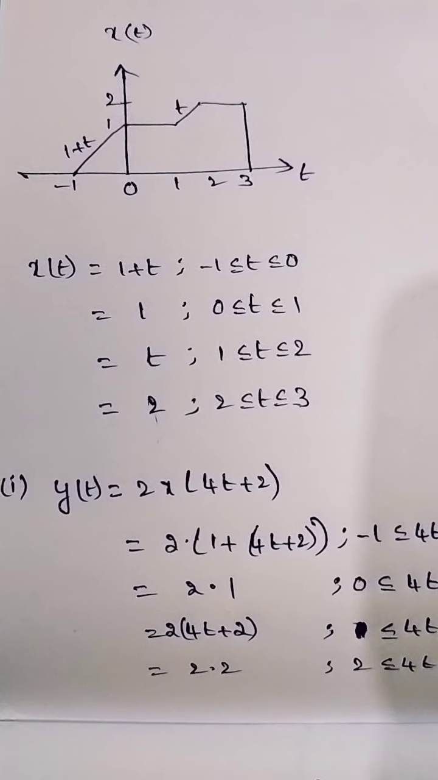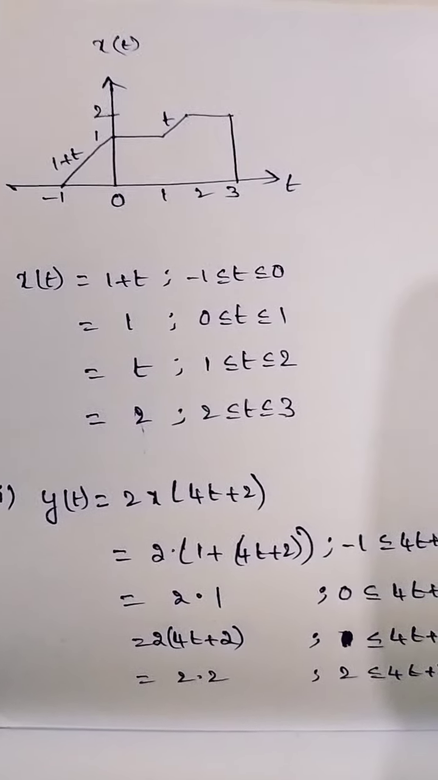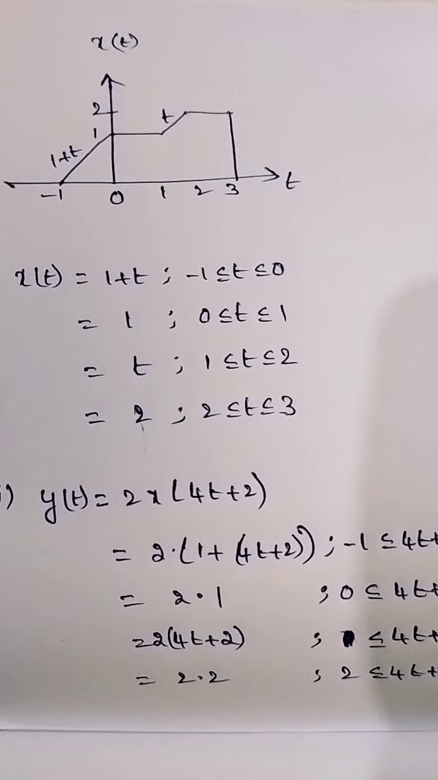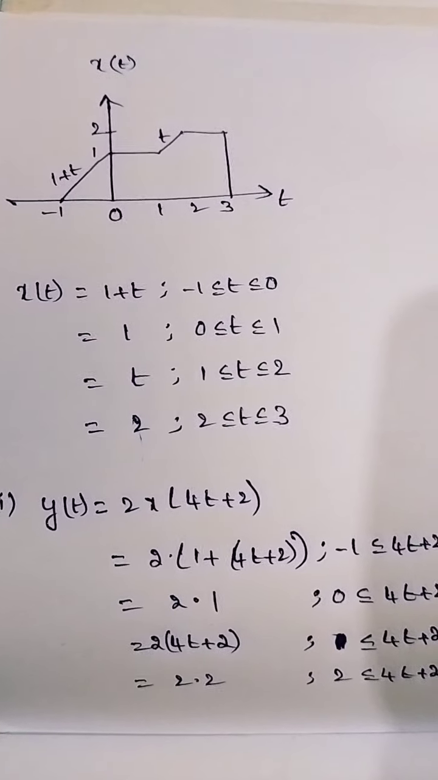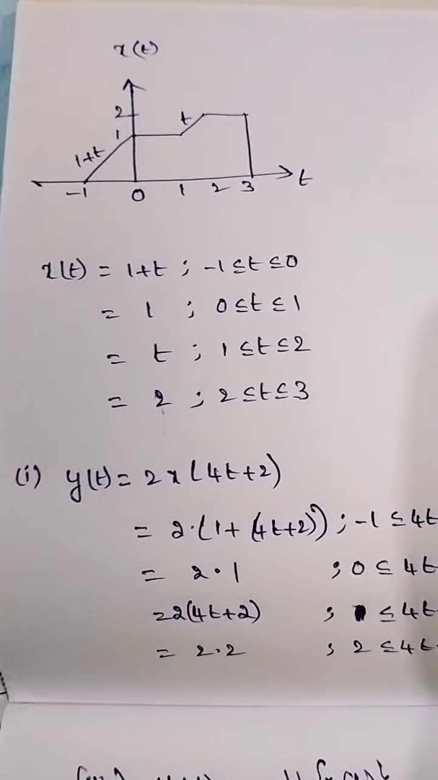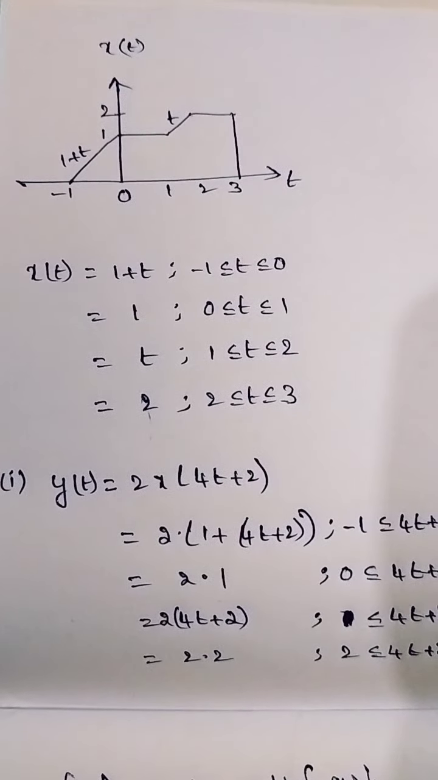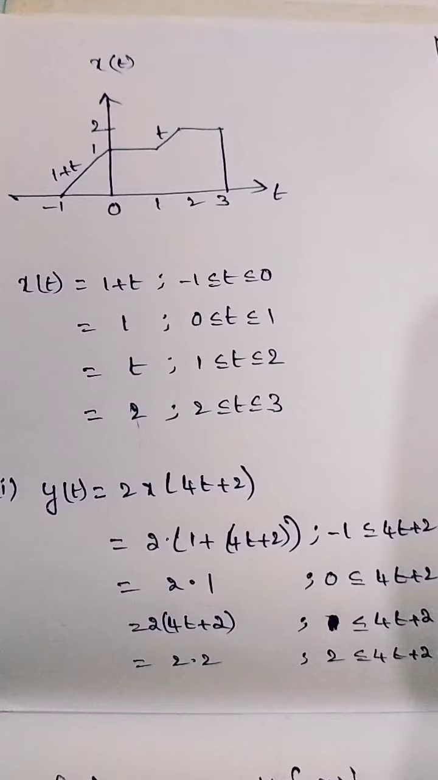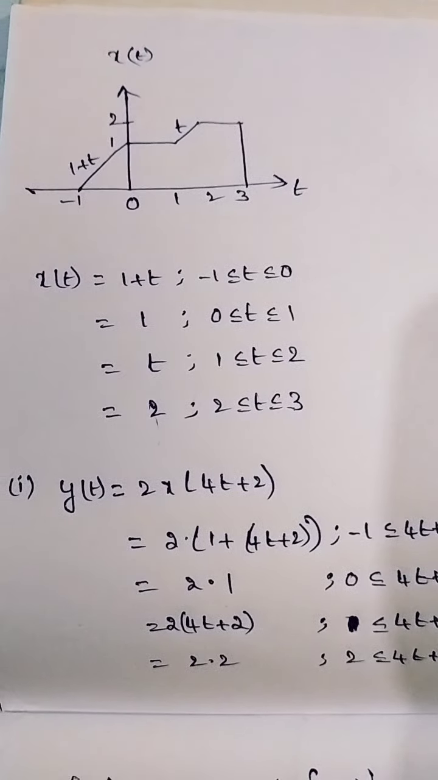Now 0 to 1, it's a constant 1. 1 to 2, it is again a ramp, so we can get the t value here by doing the ramp equation. Next 2 to 3, it is constant 2. So here, first we calculate the mathematical equations for the given sketch, and then the first problem is y of t is equal